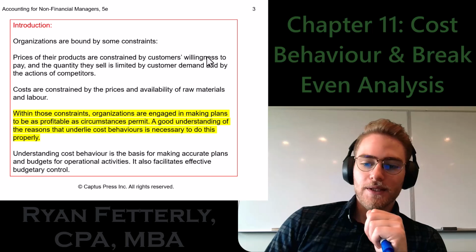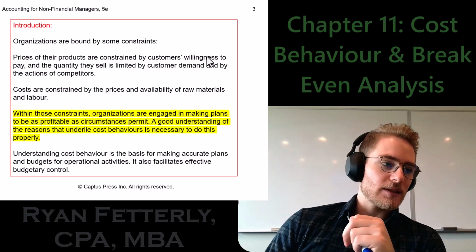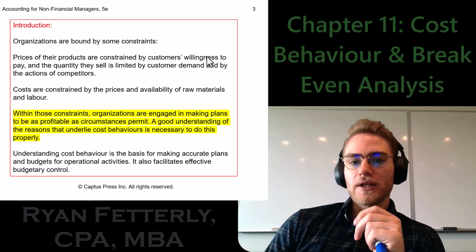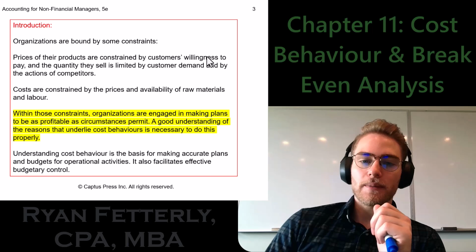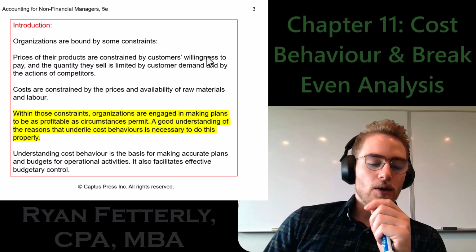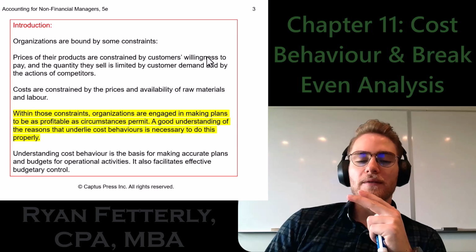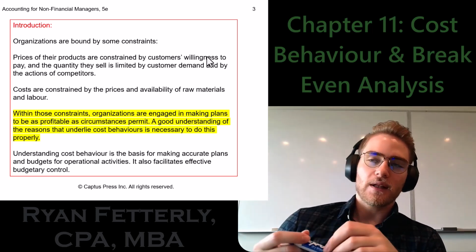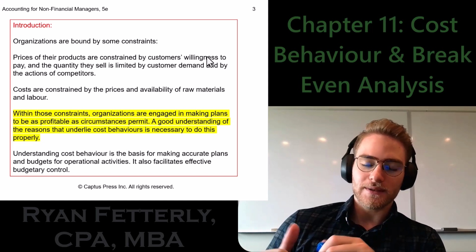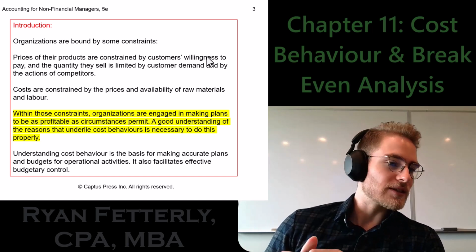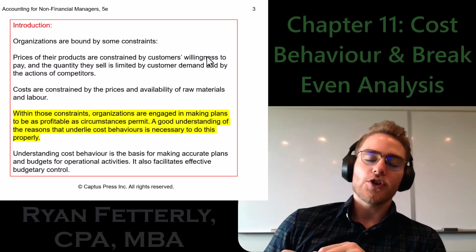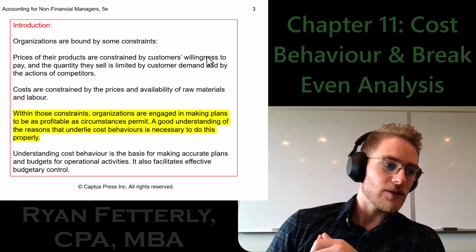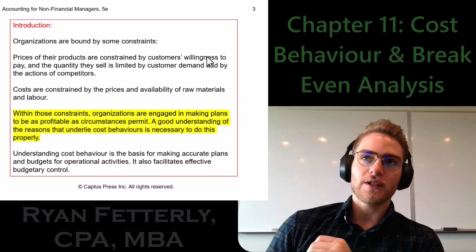So, high level before I even really get into this, if you want to open a small business one day, when you try to do a bank loan application, the bank's probably going to want to understand how many units you have to sell before you're going to break even on your operations. If you're selling any type of widget or electronic device, and your break-even analysis comes out to something crazy like, I have to sell 50 or 100,000 units just to simply break even in my first year,